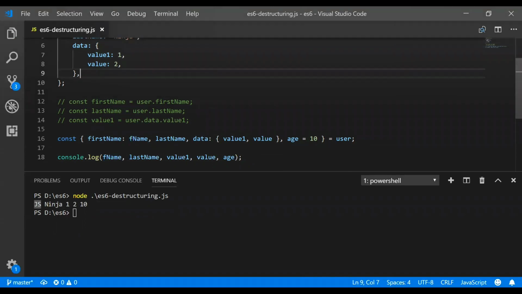So yeah, today's class was destructuring. I hope you got the concept which I wanted to convey to you guys, because remember guys, this concept is very important. In order to write code in React and Angular, we need this. This is really the one thing which I wanted to explain properly with proper examples.